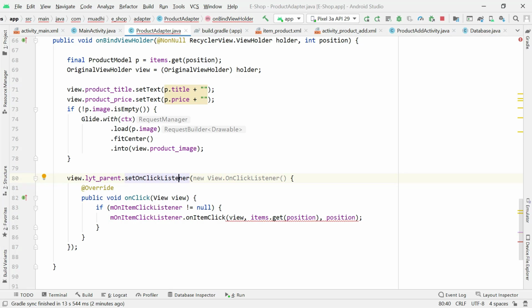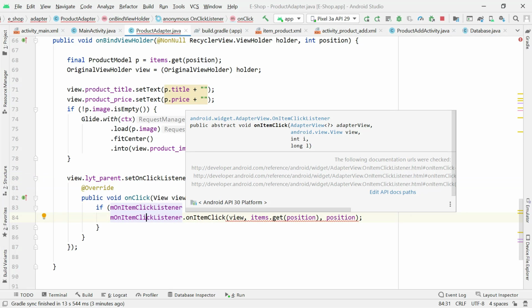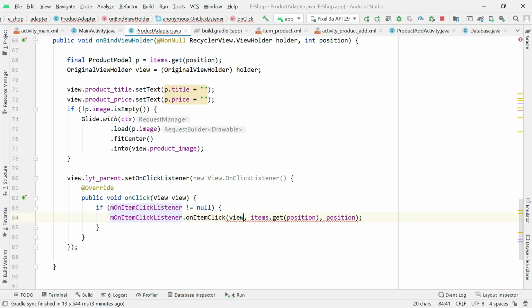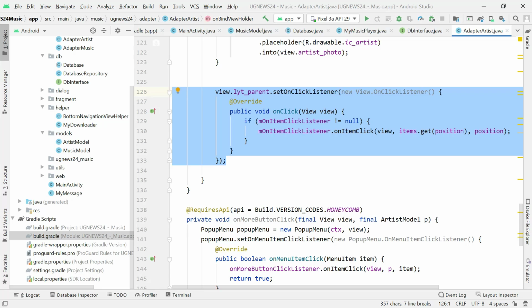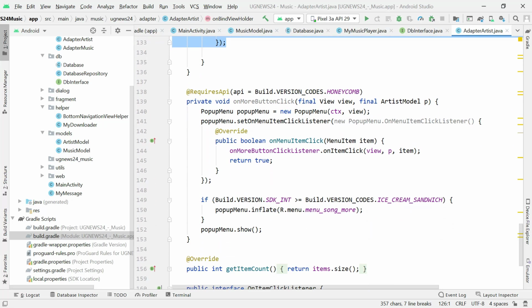Then when I set on click listener, I just initialize the set on click items, and then I pass item dot view. Then I'll have to implement this on click listener, its interface. So to do that, I'll proceed and say this on click